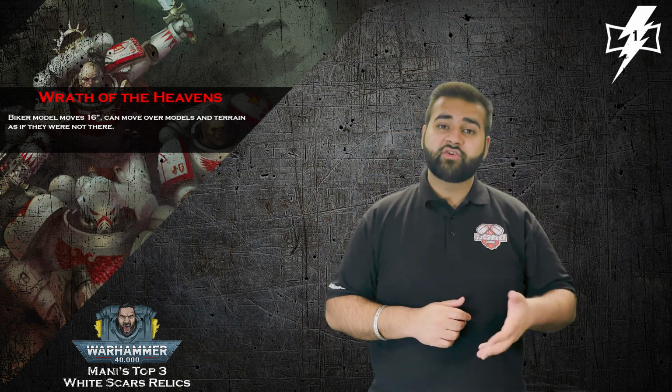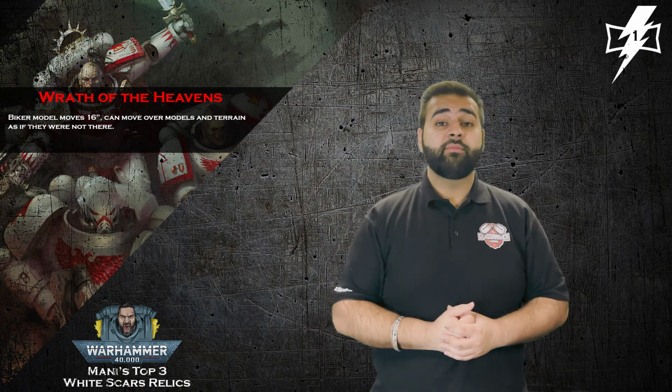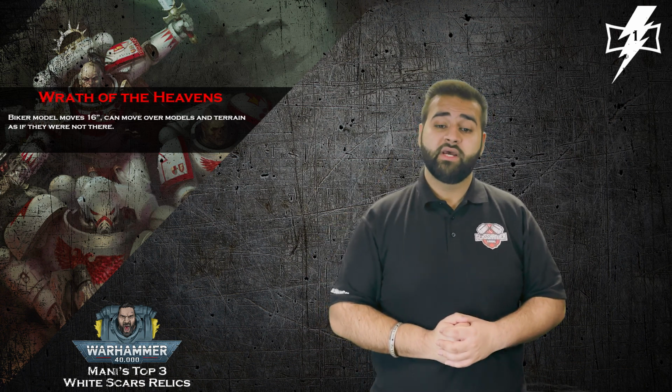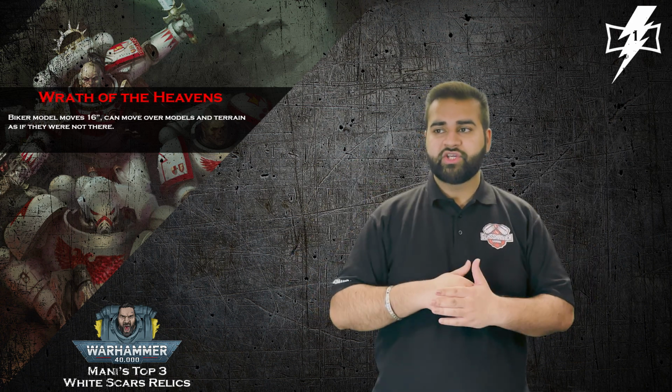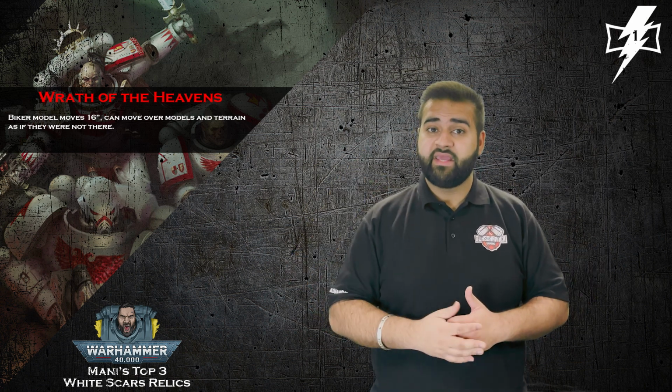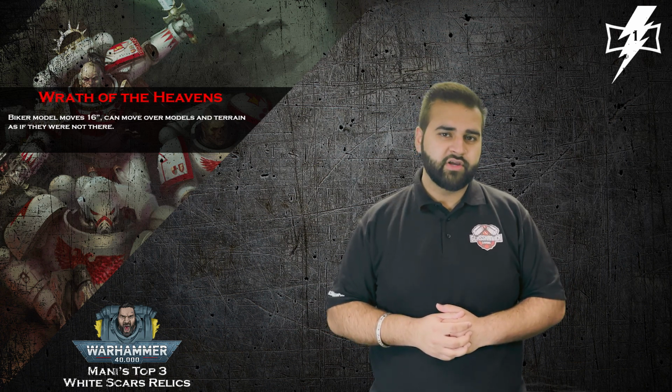So if you've got Vanguard veterans dropping in, if you've got Terminators, because Terminators with chain fists are really good for White Scars. So if you've got any of these things dropping in from reserve, you can get this chaplain to wherever he needs to be to give those units +2 to charge. Because